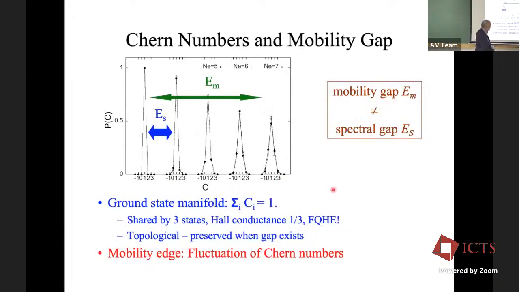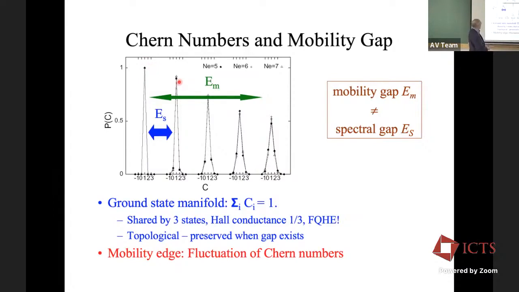And when you put in some amount of disorder, you can ask yourself the question, what's the probability of having, of course, a given sample may not have exactly one Chern number, that is, one with +1 and the other two with zeros? Well, if you look at that, what you find is in this ground state manifold, almost 100% of the samples have that.